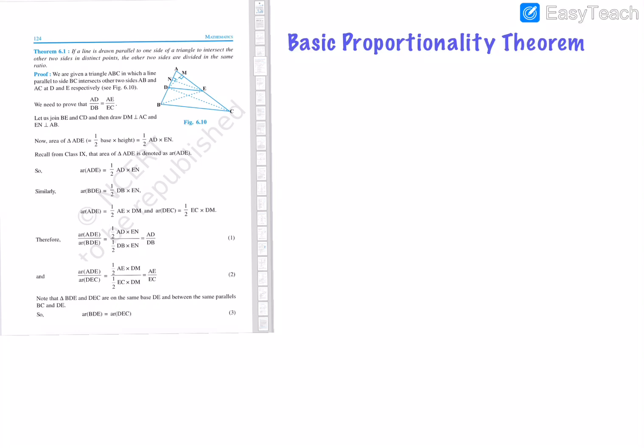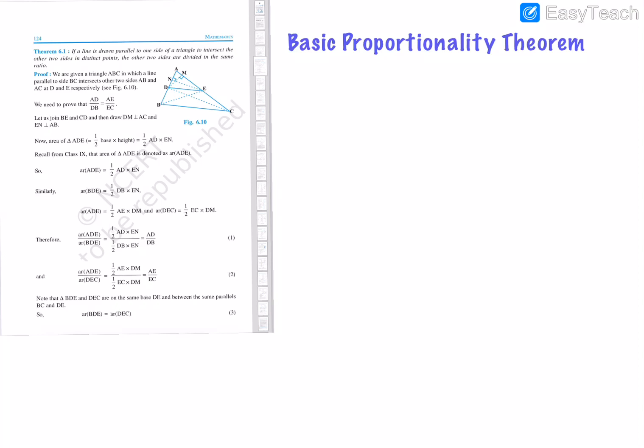But this year in our syllabus, the other two theorems were removed due to COVID-19. They want to restrict the syllabus, and since those two are removed, this becomes the main and only theorem in the chapter. So naturally, every time in your final exam, you'll be getting one theorem. There is a chance that this theorem will come in your final exam. Even otherwise, it's a very interesting theorem.